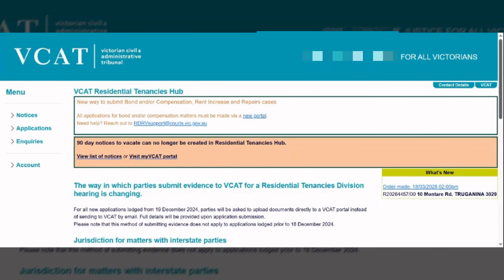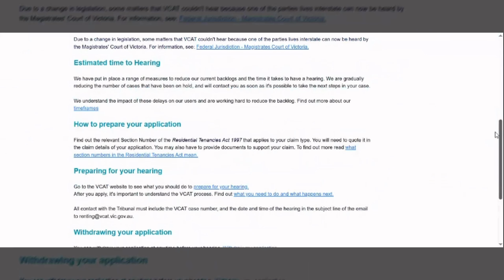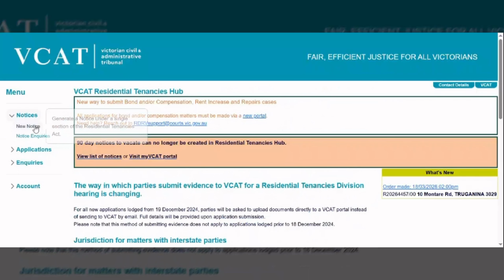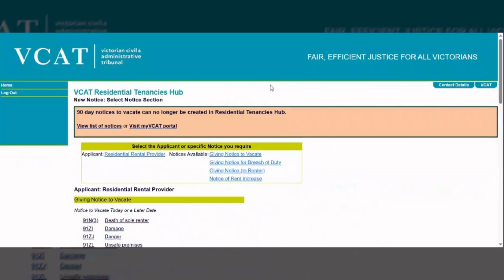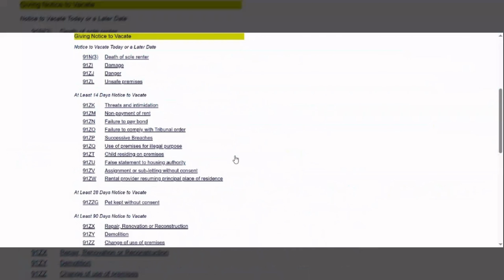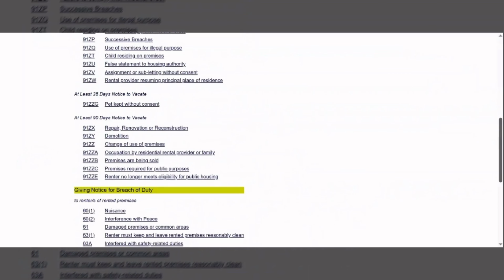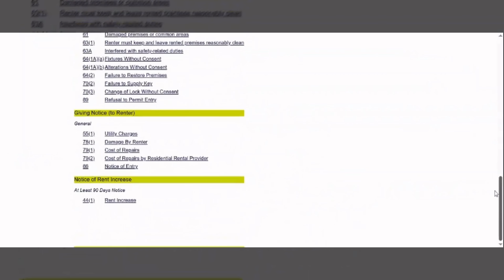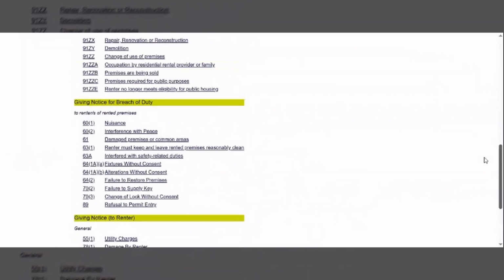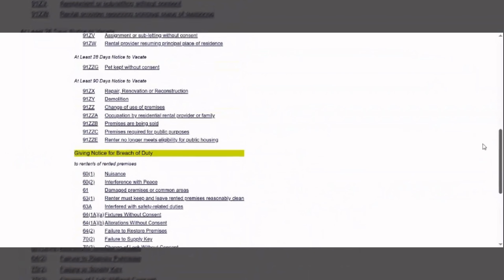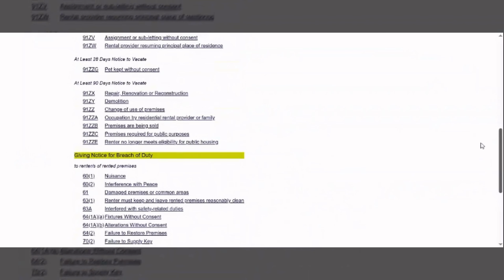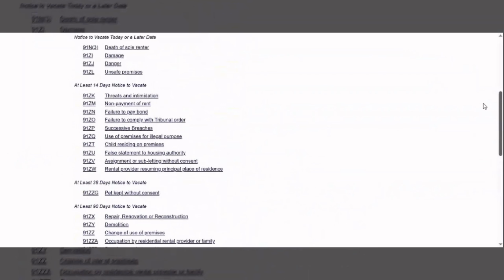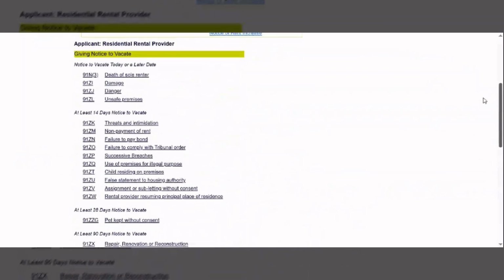Basically, today we are going to learn how we can give the notice to vacate to the tenants. This notice can be given when they have not paid their rent for more than 14 days. For example, if the tenant has to pay their rent on the 1st and has not paid till the 14th or 15th, then we can generate this notice. With this notice we can further apply for possession as well. Without the notice we cannot apply for that.